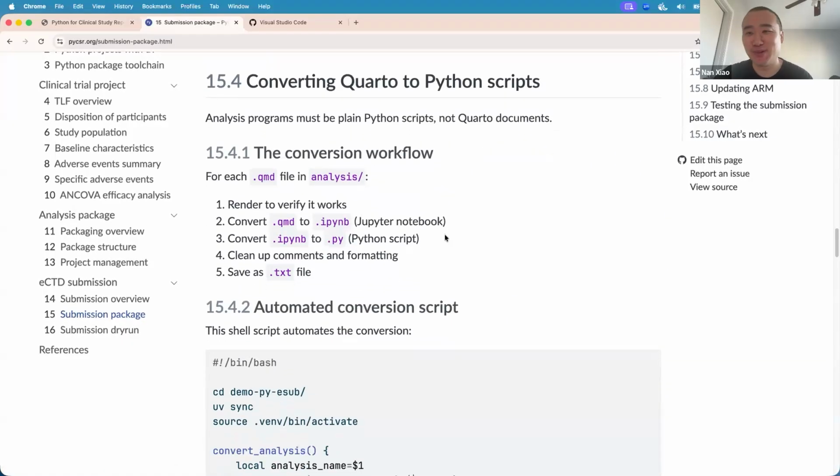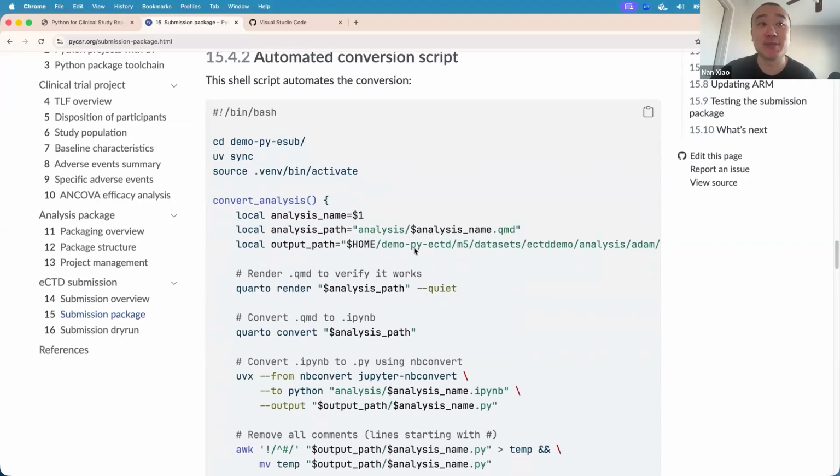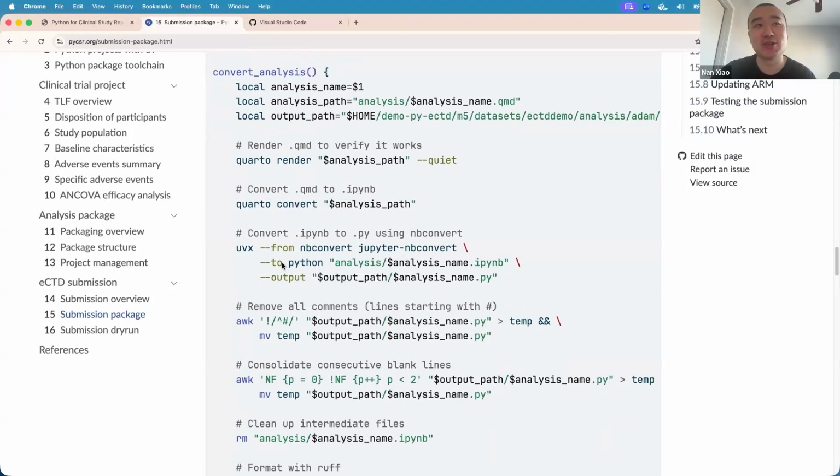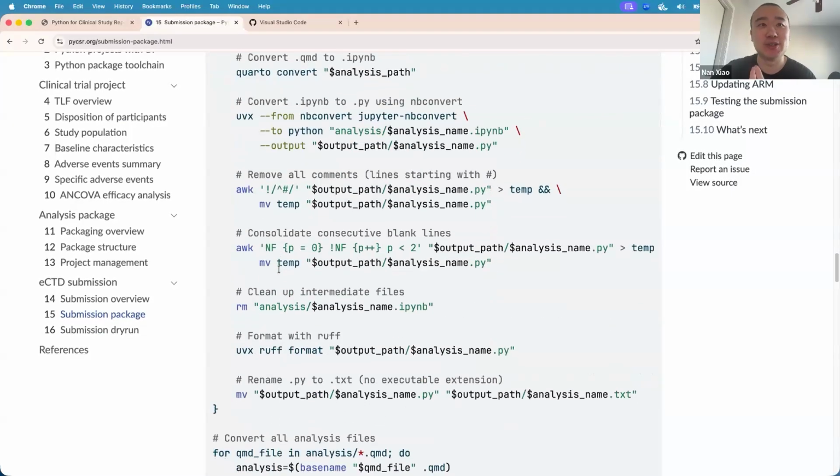Obviously, people are interested in converting the R analysis, like the vignettes in R Markdown formats, into TXT files for their submission. So here we have a very easy way for you to do that for the Python Quarto documents, and that is by leveraging some of the developer tools we have mentioned, including Quarto and also Jupyter Notebook.